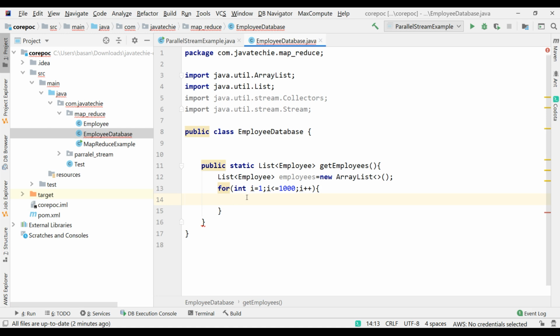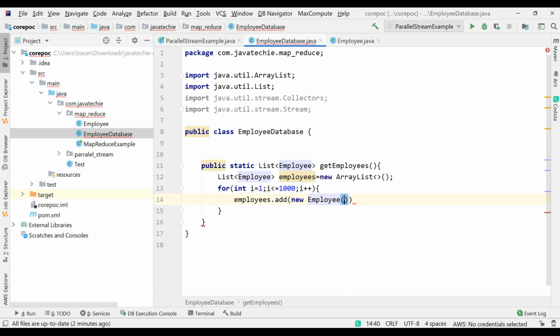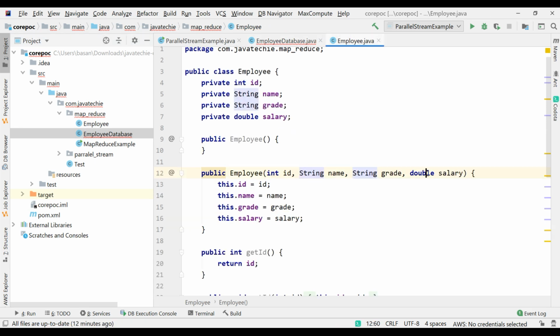So employees.add new Employee of, let me see the constructor. We have ID, name, grade and salary. So ID can be this i we can pass. Name, let's say I'll give employee, then the count, then grade. So we can add A for now. Then we just need to add the salary, right? So salary is of type double.